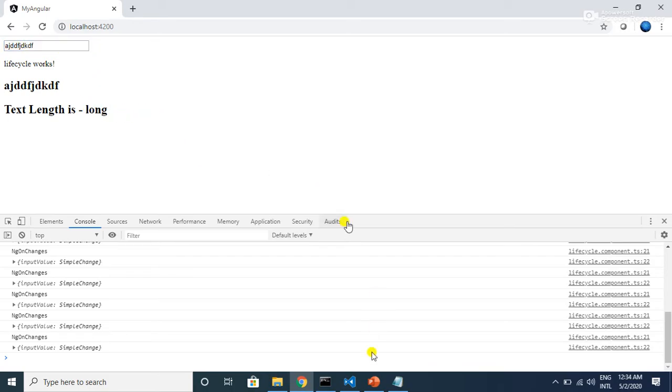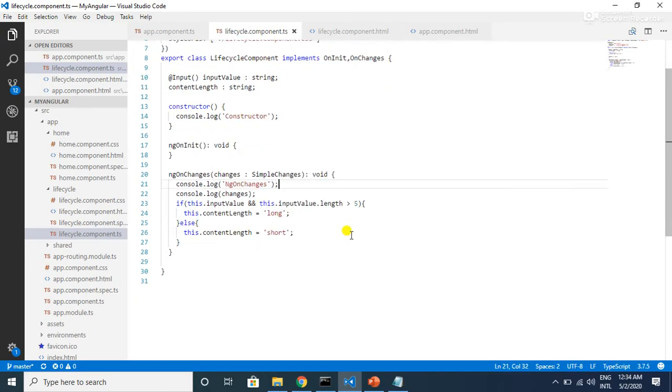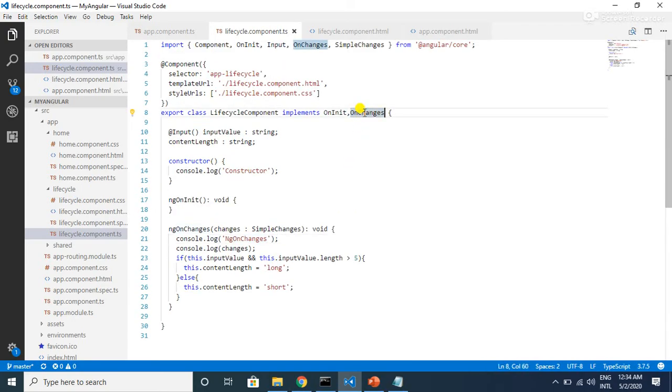So this is one logic we have implemented in ngOnChanges, but depending on the requirement, we can implement whatever we want. So that's it about ngOnChanges. One more thing is that implementing the OnChanges interface is not mandatory, because the interface is only for TypeScript purposes. When our code converts to JavaScript and is rendered into the DOM, interfaces are not required. So this is absolutely optional, but we prefer to have this interface because it is a good practice.